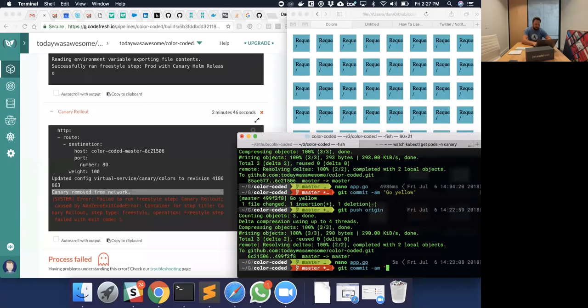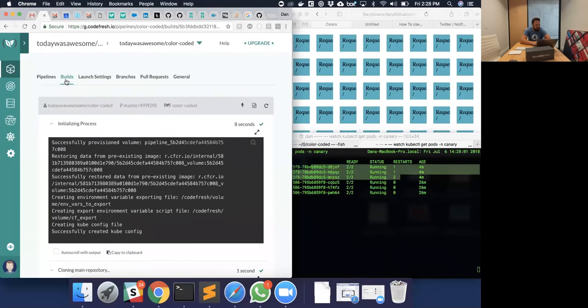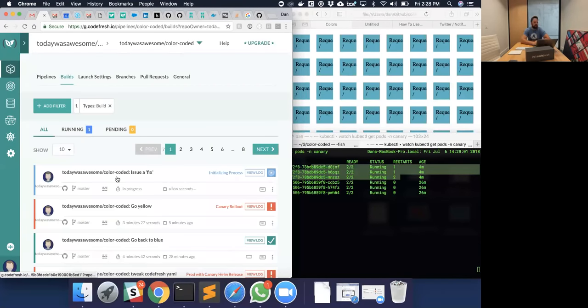All right, now this will kick off a new pipeline, and we'll actually see this old version will disappear once the pipeline gets to it, and we'll see the full rollout happen. Now, I'm going to let this one play out, but while I am, I just want to mention that if you want to understand how this works, and I haven't even talked about Helm and how this is involved in this particular process, there is a full version of this that we do as a webinar, which you can watch